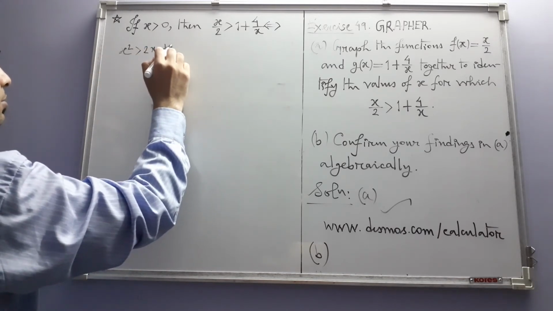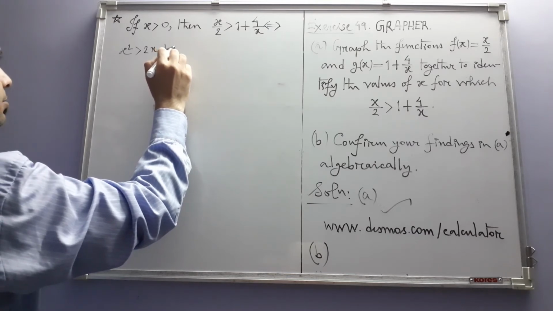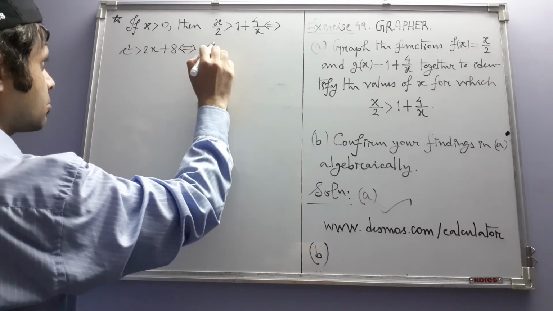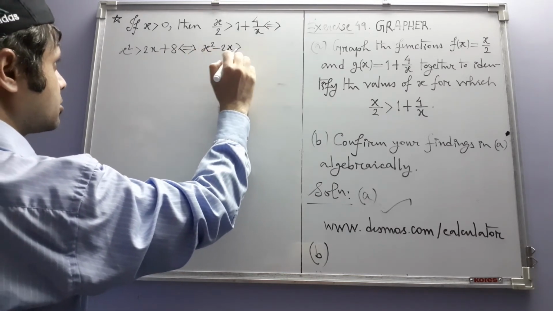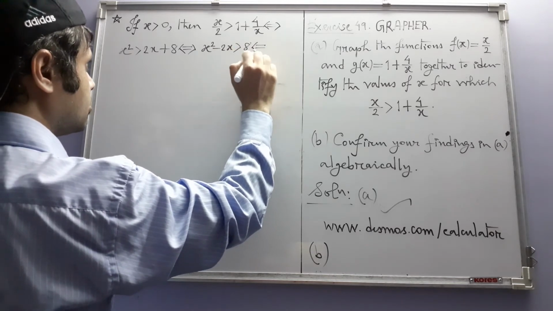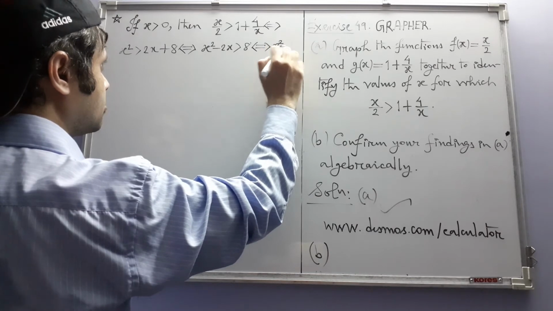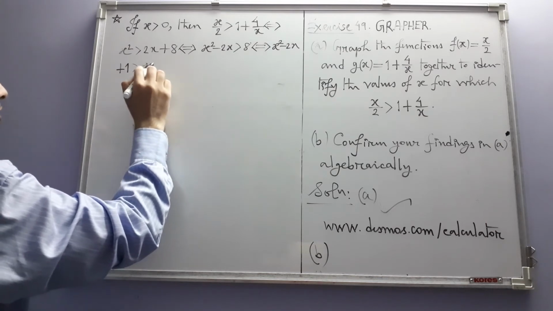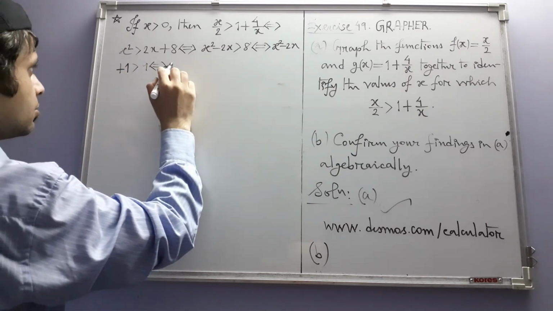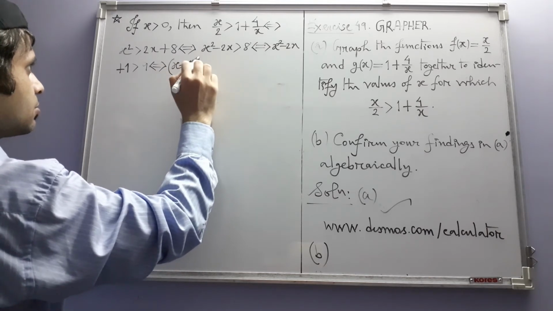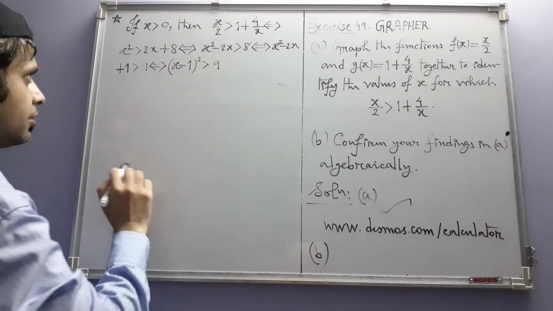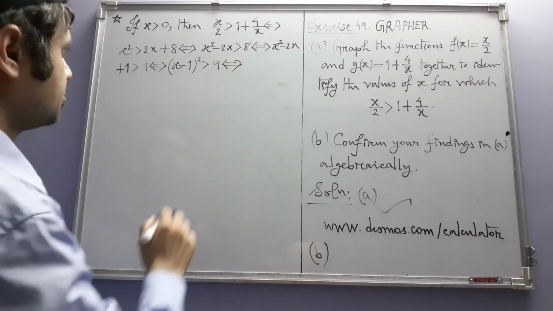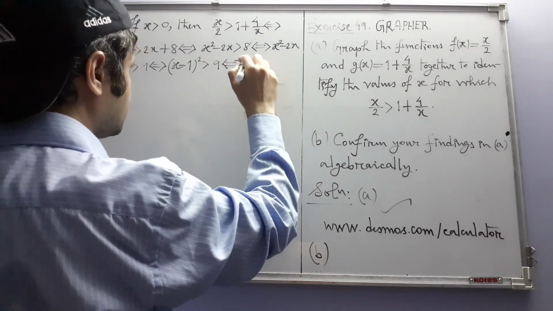plus 8, or x square minus 2x is greater than 8 if and only if x square minus 2x plus 1 is greater than 9 if and only if x minus 1 whole square is greater than 9. Now we have already seen how to solve this type of inequalities. So this is true if and only if